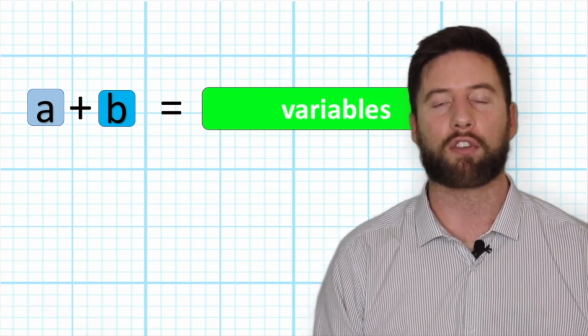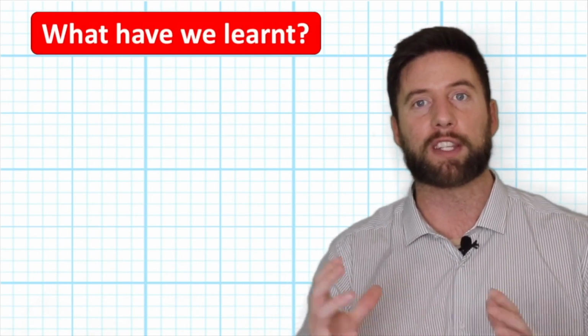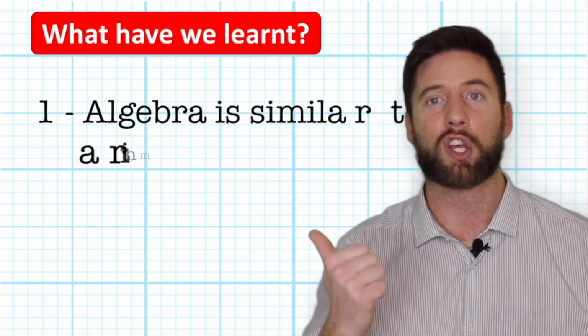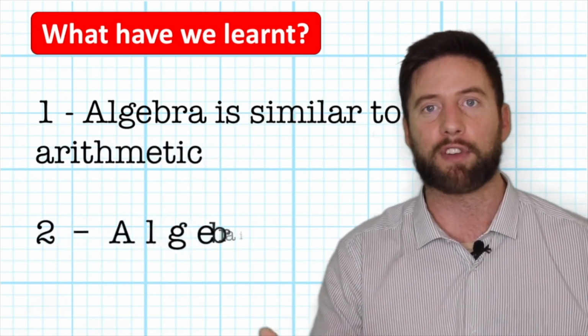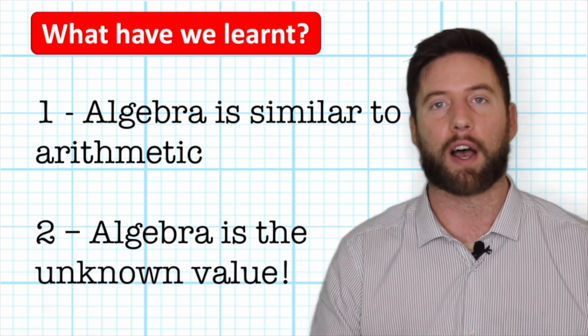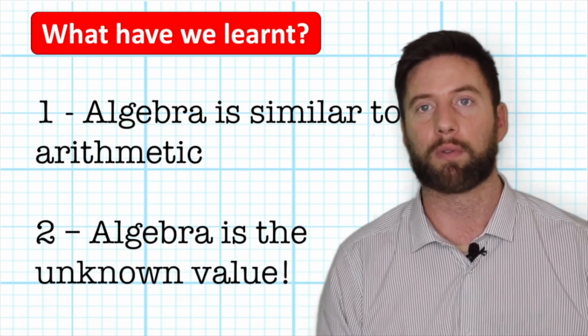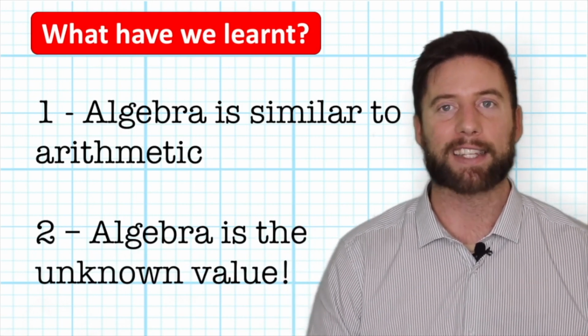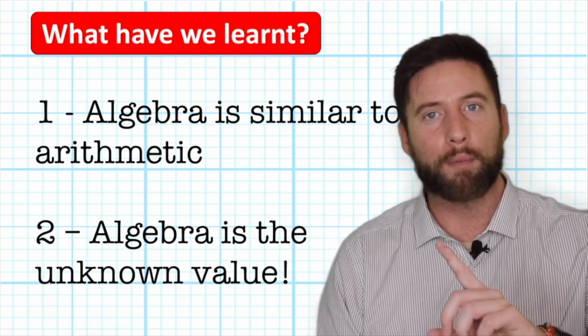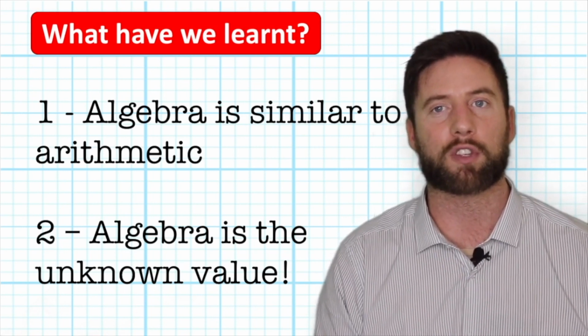Okay, so what have we learned so far? We've learned that algebra is very similar to arithmetic. It uses the same four processes: addition, subtraction, multiplication, and division. But we've also learned that algebra has an unknown value that can be replaced by a symbol. And we often see x and y and a and b being used the most. But there is one more thing that's really important I want to teach you in this video, and it has